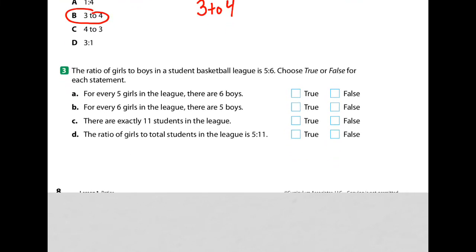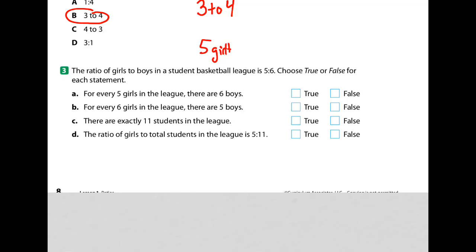Number 3 says the ratio of girls to boys in a student basketball league is 5 to 6. Choose true or false for each statement. All right, so this one's going to require a little more thinking. So the ratio of girls to boys is 5 to 6. So that means for every 5 girls,